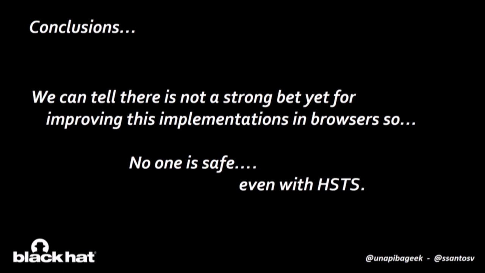So we need a deeper investigation on Internet Explorer just to reverse engineer it. But what we can tell is that there's not a strong push yet for improving these implementations, because as you can see, Firefox uses a TXT file, Chrome as well uses a simple JSON file, and as a consequence, no one seems to be safe even when using HSTS. We have done a little more research about some problems in the way they implement this, and there are little details, but these are the bigger ones that actually make these mechanisms useless in a practical way for the